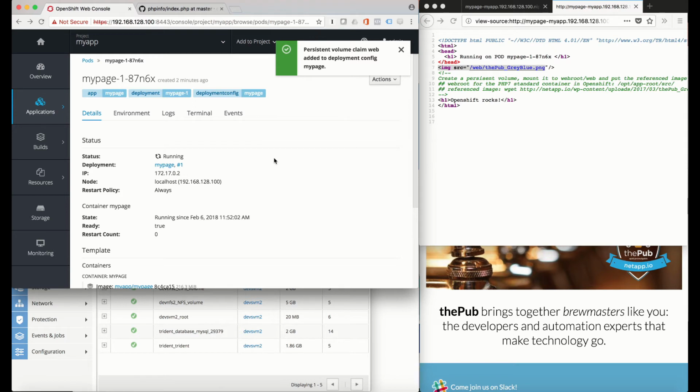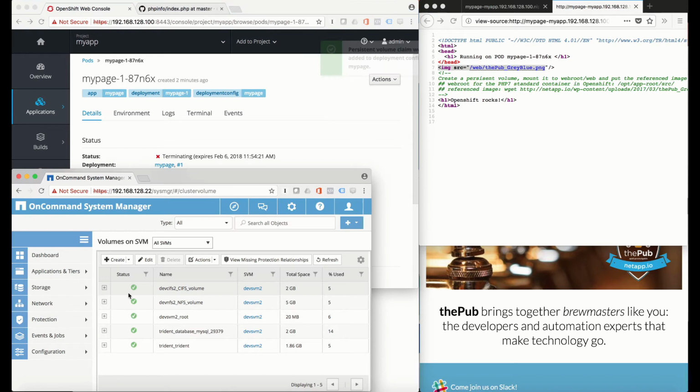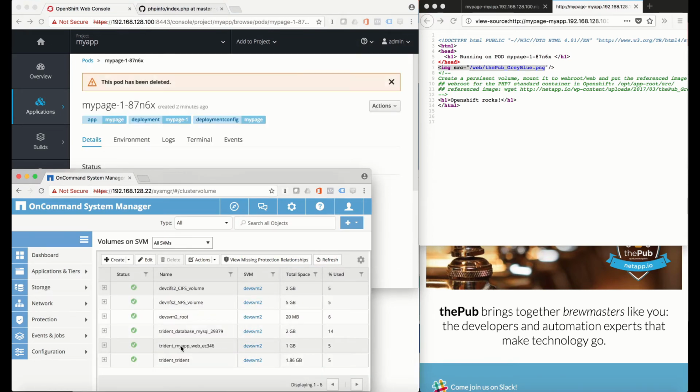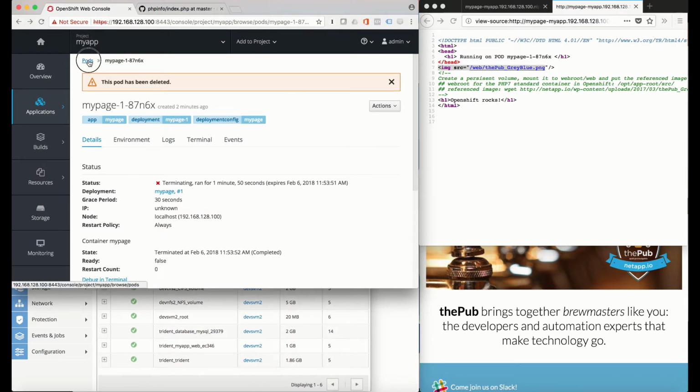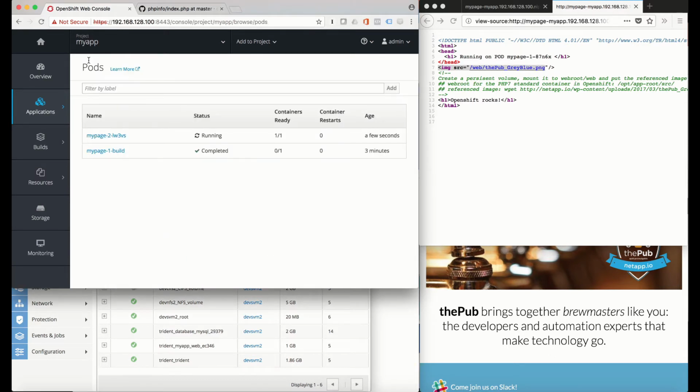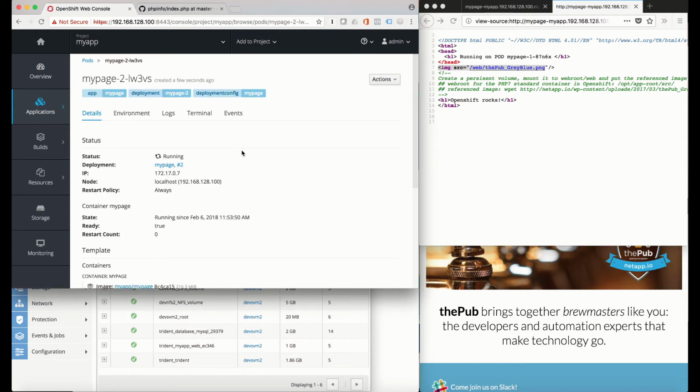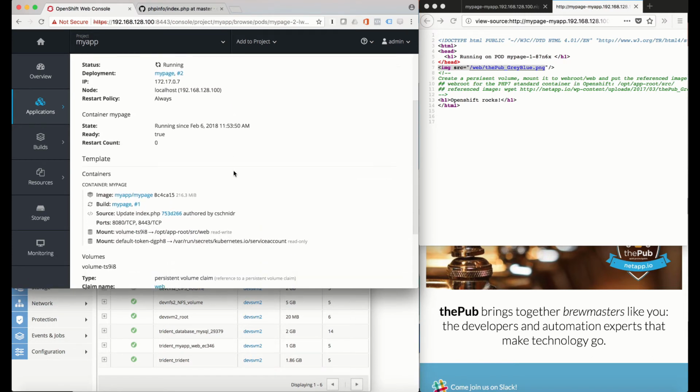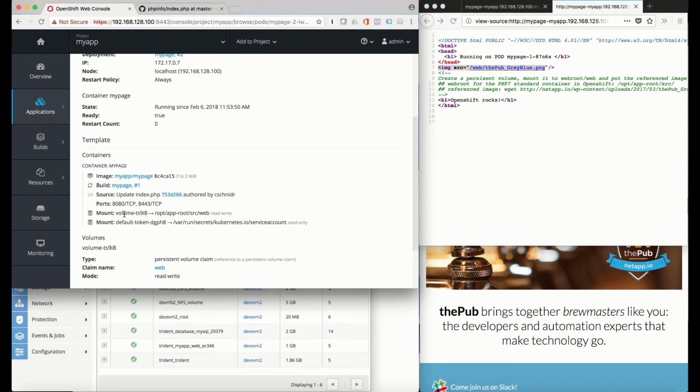Here again, I find a new volume on my backend storage system, which is mounted into my web root. I also see that the pod is being redeployed, because every time I change something on a container, it's being deleted and redeployed again. So I go into the new container, and there I see my volume mount,